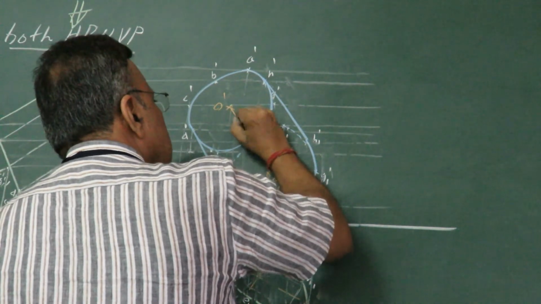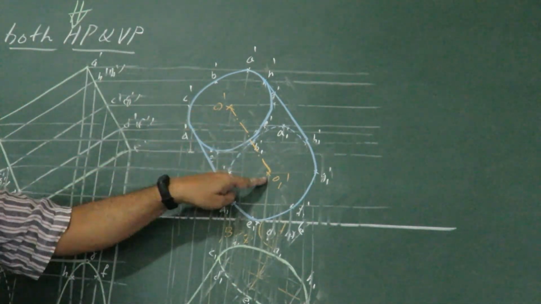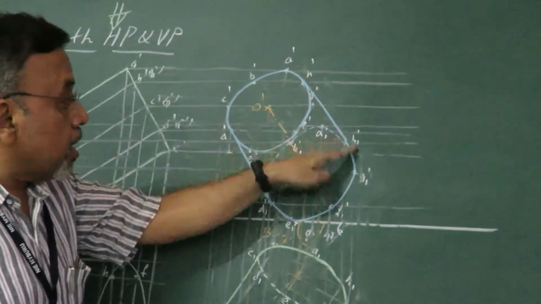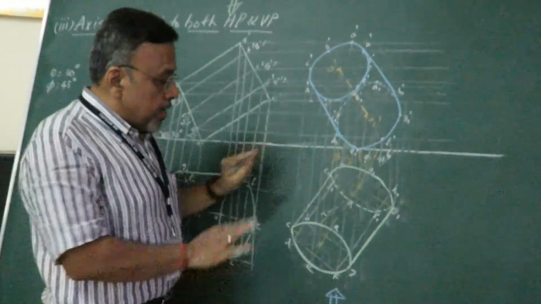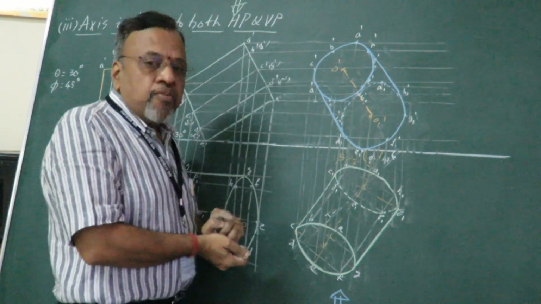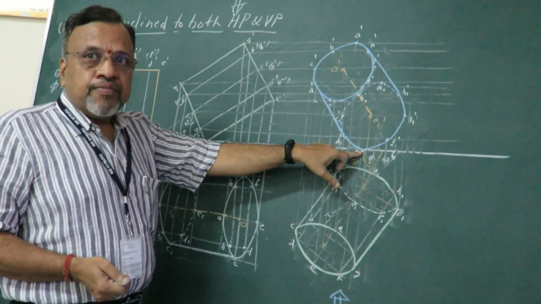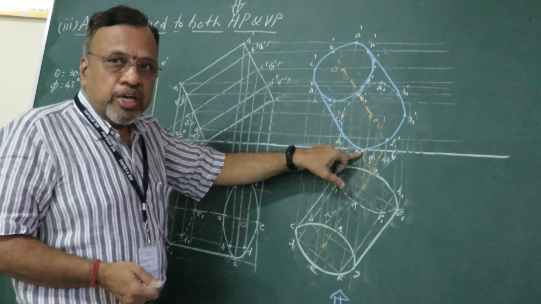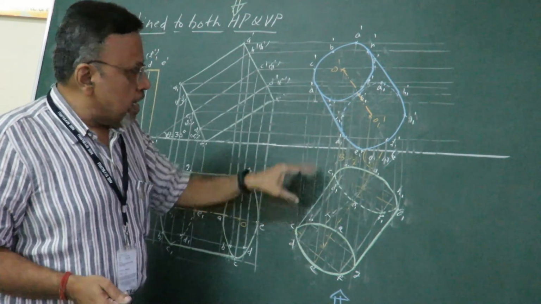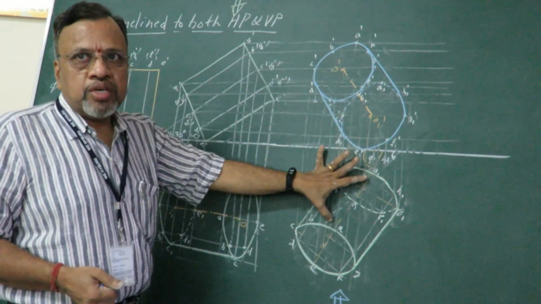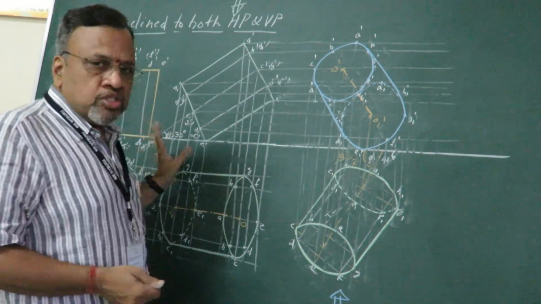So I can show this also. Just remember, when I get this axis, it has to be parallel to your end generators. It cannot be similar. Now we can see, finally I have done the projections wherein this particular cylinder is resting on one of the circumference points on the HP. So that is this point E on HP, such that the axis is inclined to both HP as well as VP. Is it clear? Now as you can see, this problem is also similar to what we have done earlier.